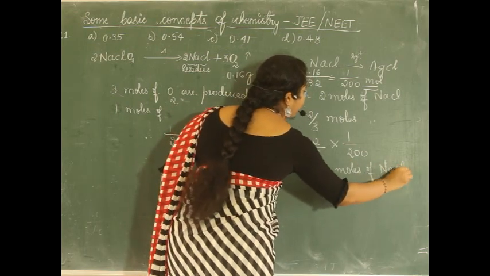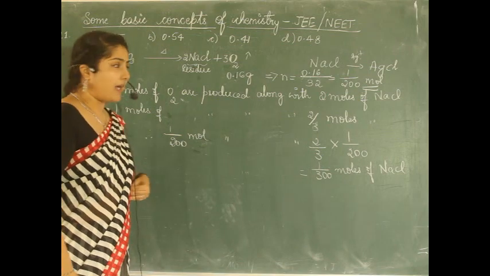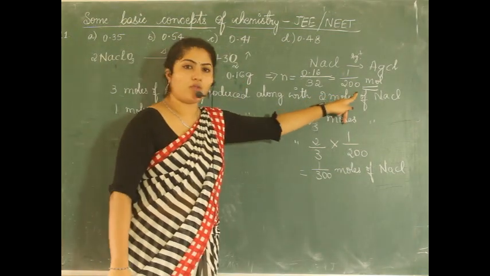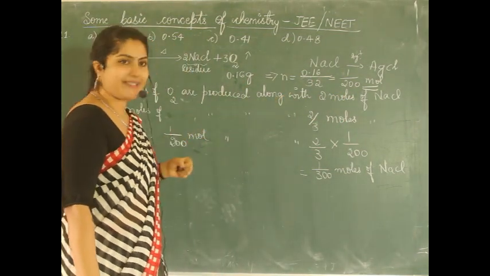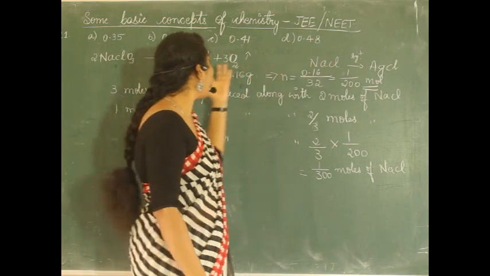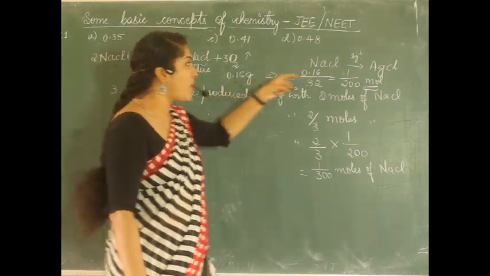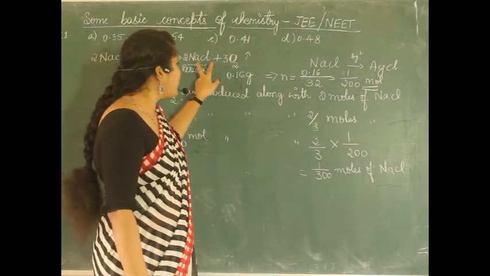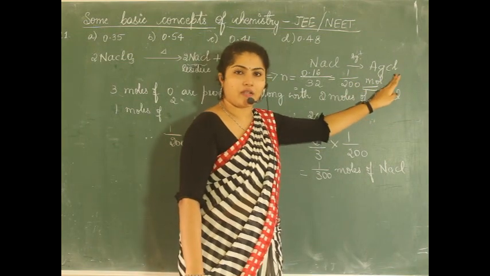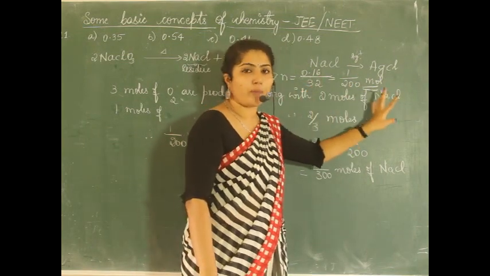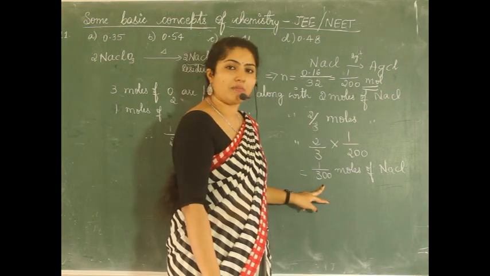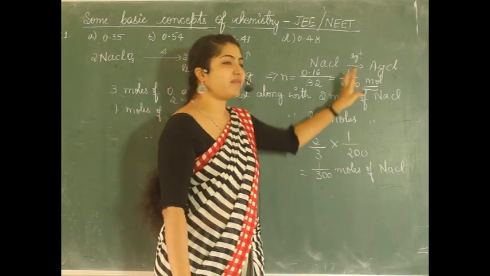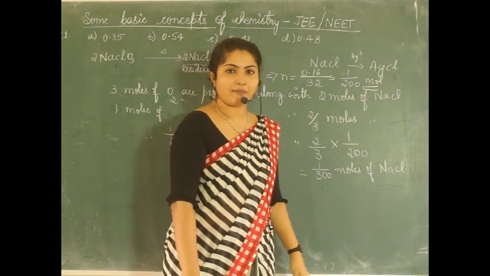It comes out to be 1 by 300 moles of NaCl. Why we have done all these things is because as per the given data, they had given us only the mass of oxygen, so we converted it into moles. We want to know about the residue now, isn't it? Because how much residue we get from this equation, that much amount of AgCl we will get. Law of conservation of mass. Yes, because from sodium chloride we are converting it into AgCl, so mass of reactants will be equal to mass of products. So now we have got 1 by 300 moles of NaCl. That means 1 by 300 moles of AgCl we will get as per the law.